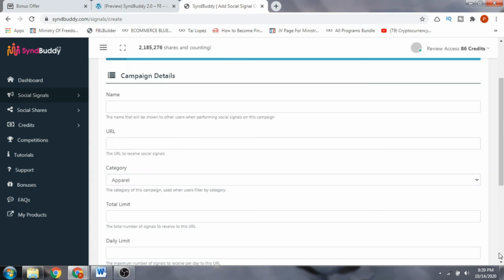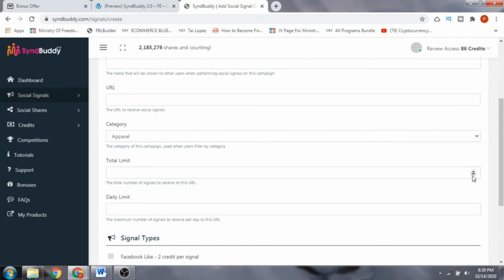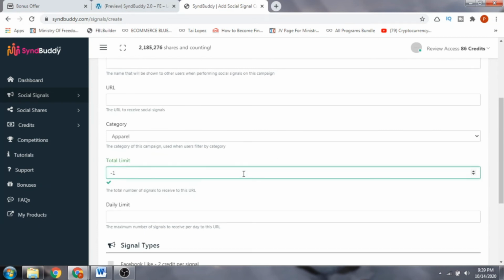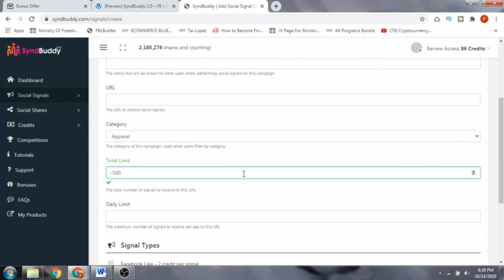The total limit is the number of shares you really want. Suppose you want around 500 shares, you just give 500 here, and that will be the number of shares it will perform.